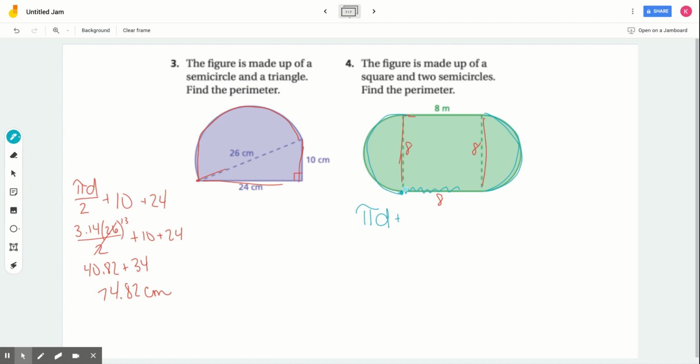Then we need these 2 pieces that we have left, which are both worth 8. Using 3.14 for pi, the diameter, or the distance across the circle through the center, is 8. 3.14 times 8